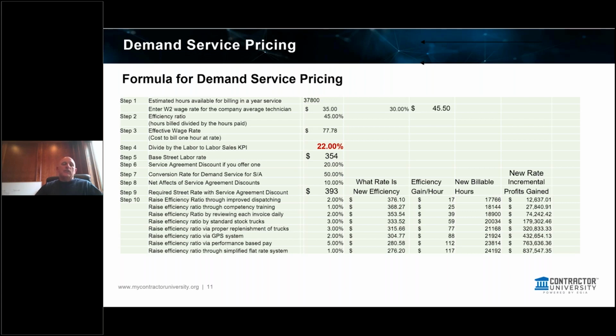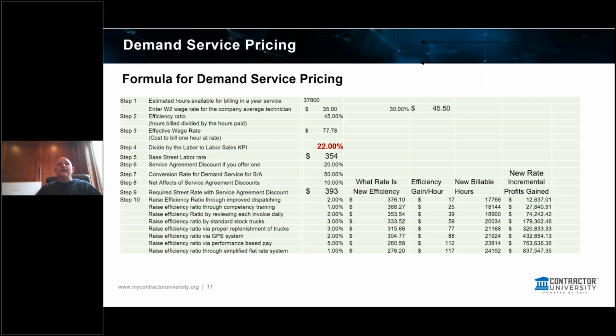new service call. So that means that step 8 is you're giving away 10% of that rate of 354. So you are no longer at 354 unless you raise that rate, meaning that you're giving away 10% of 354, so you're not at the 22% marker KPI any longer. So we have to gross up 354 by 10%. So the formula in that tool basically is dividing by 0.9, which is a 10% increase. So if you look at 354, it actually has to be 393 as the rate in this particular company in